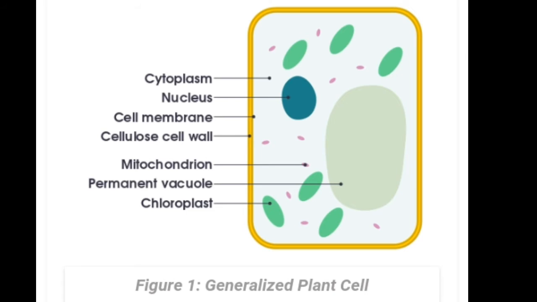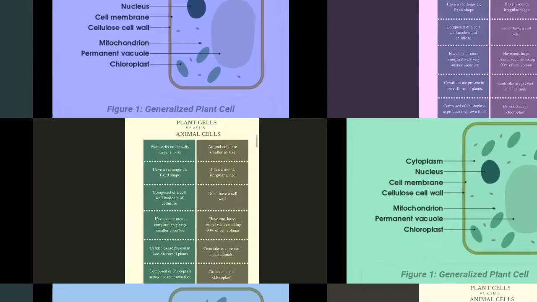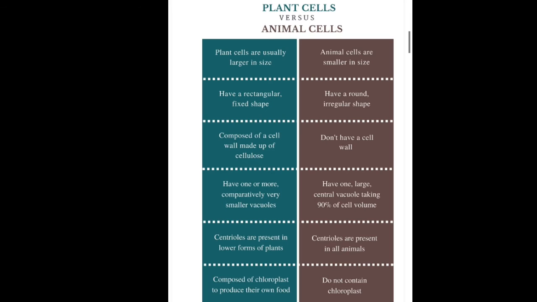Now we will look at the differences, that is, what cell organelles the plant cell has and what cell organelles the animal cell has. So this will create a right figure in your mind of how you can distinguish between the plant cell and animal cell by looking at it in the laboratories or when you are doing lab classes. So let's start that. Firstly, we will divide it into two structures: first we will keep the animal cell, and second we will keep the plant cell. One by one we will discuss the points of what the animal cell and plant cell have.